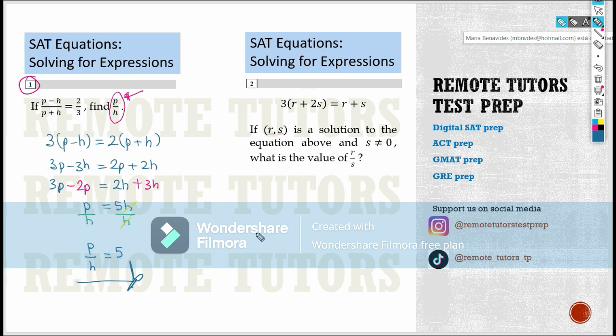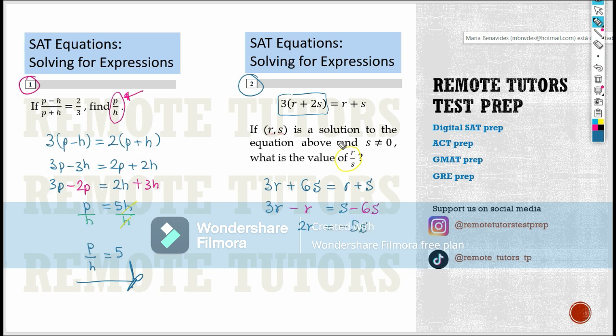Now let's see the second example for SAT equations. Here we have to solve for the value of r over s. So the first move will be to simplify this side. We get 3r plus 6s equals r plus s. Next, I will subtract r from 3r, and I will subtract 6s from s on the right side of the equation. So we get 2r equals minus 5